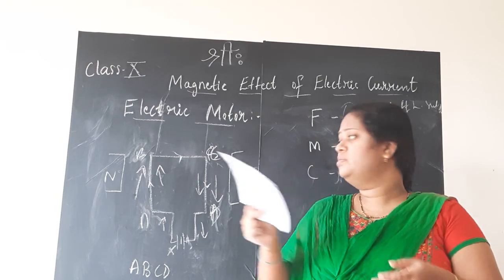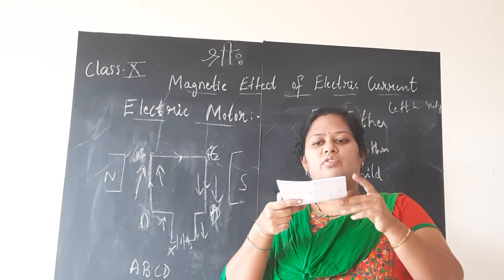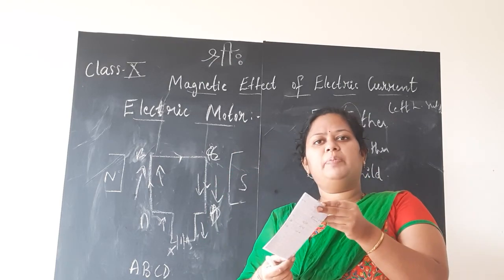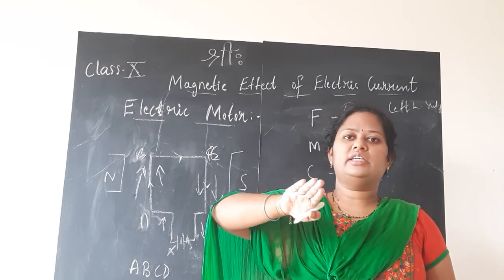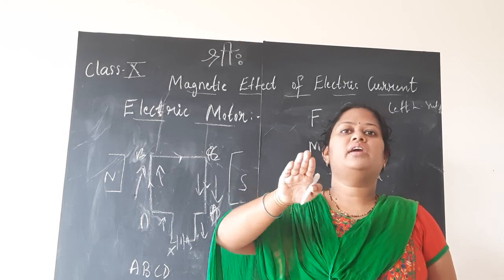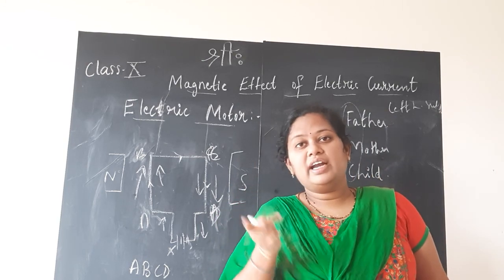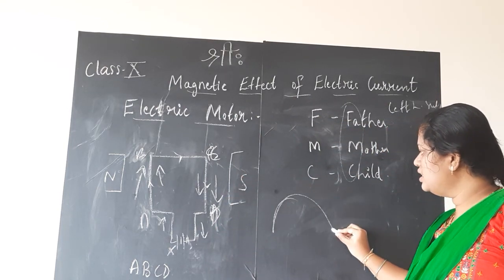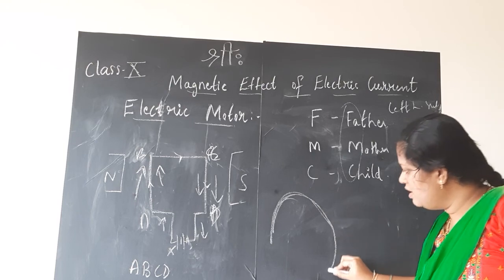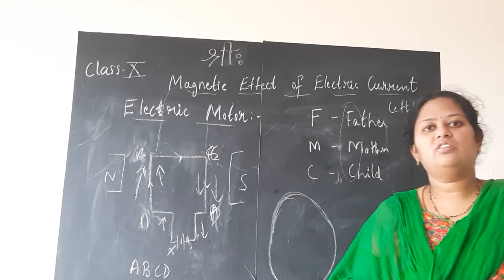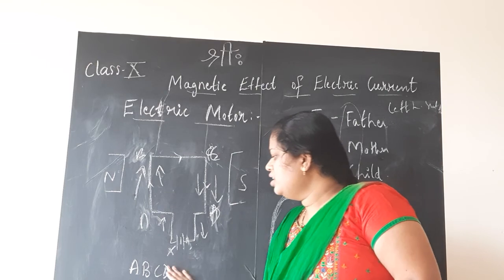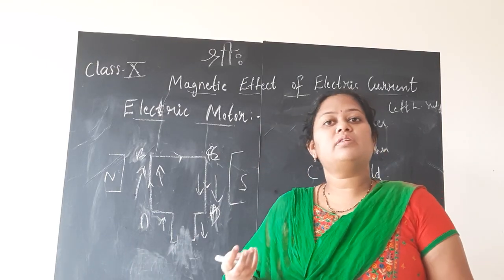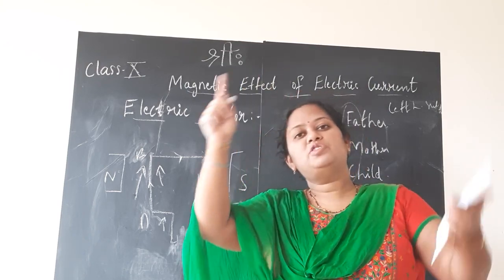But observe, children, first ABCD, again it rotated, DCBA. It is flipping, no? Just like this, ABCD, DCBA. But the motor has to rotate. We don't want it to make a semicircle. Like this it is happening, ABCD, DCBA, but we want complete rotation. That is not happening. So this rectangular lamina, or the conductor, needs some support or some device which helps it to rotate.